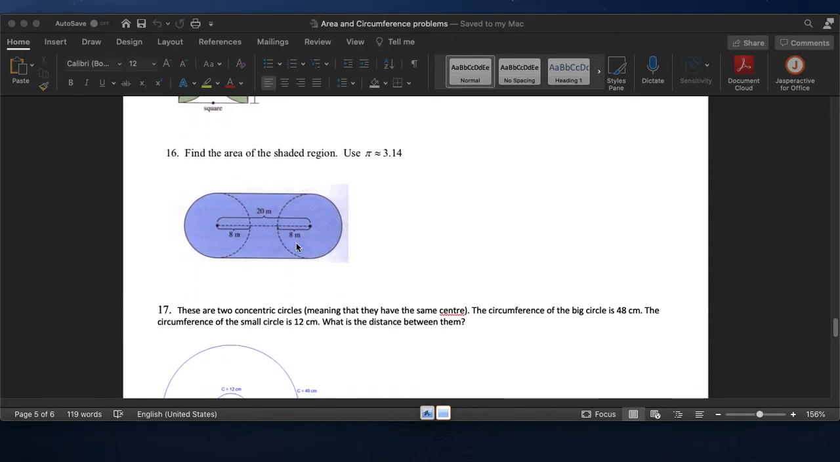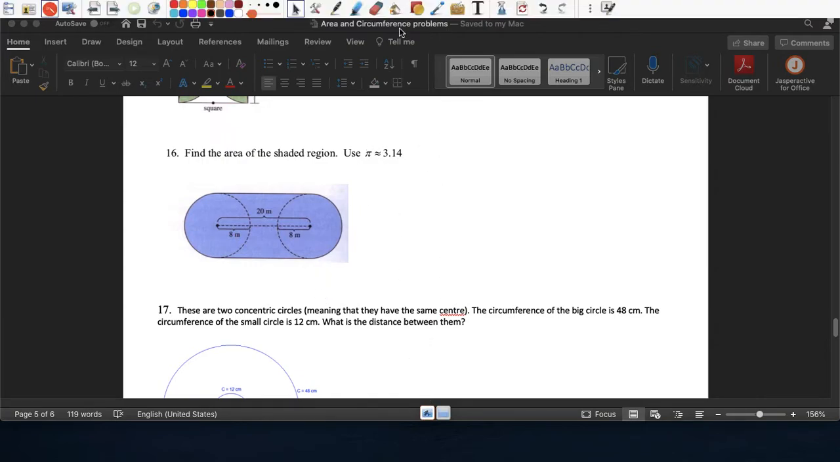Find the area of the shaded region. So we want the area of this whole thing. Okay. Yikes, how do I do this? The whole thing is shaded. So it's the area of two circles. And,